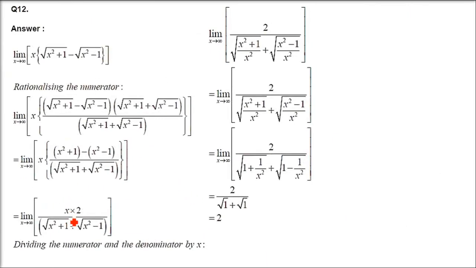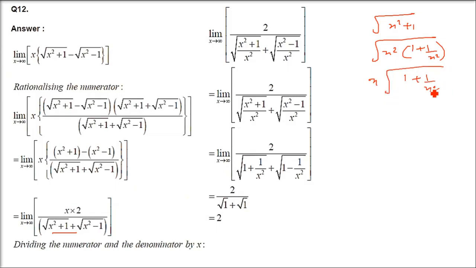Now you know the highest power is x here. So just take x common from here. I'll just show you here. This is 2x under root x square plus 1. How do we take x? So you have x square, you have 1 plus 1 by x square. Now x square you can take common, so x will come outside. It will be 1 plus 1 by x square. So this is how we are taking x from under root x square plus 1, and 2x is already there.